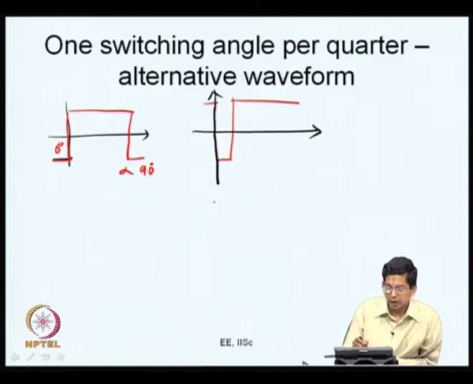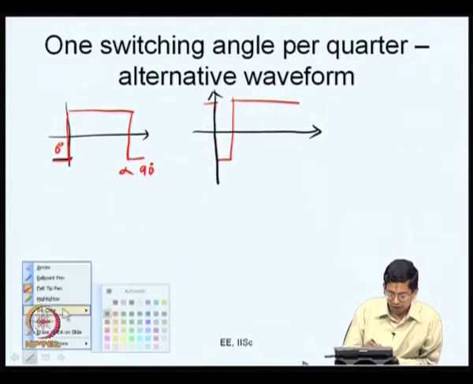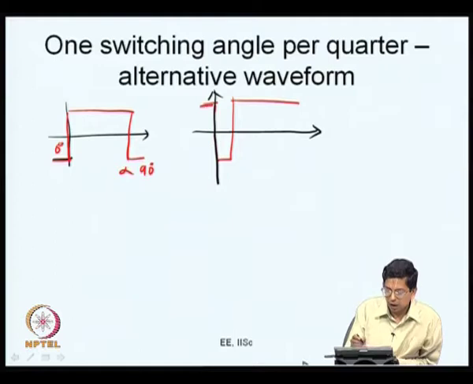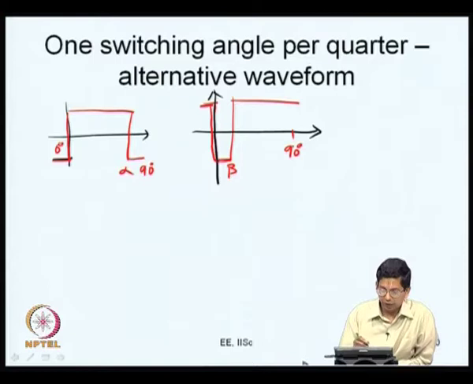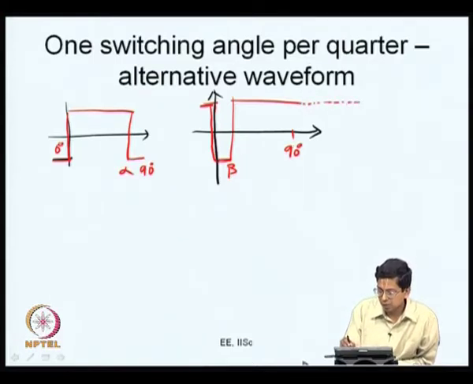What I can do is, here what I have is VRO is positive and it is switching from high to low, and it is remaining low and then it is going back to high. Let me call this as beta, and this is 90 degrees, right. So, in this kind of a waveform, if I were to project it, how will it look in the second quarter? I can simply project it. This is just mirror reflection. So, at 180 minus beta it will switch back, and at 180 degrees it will go higher,